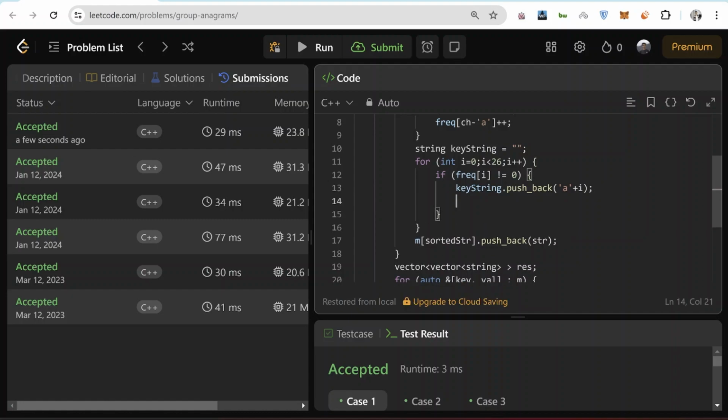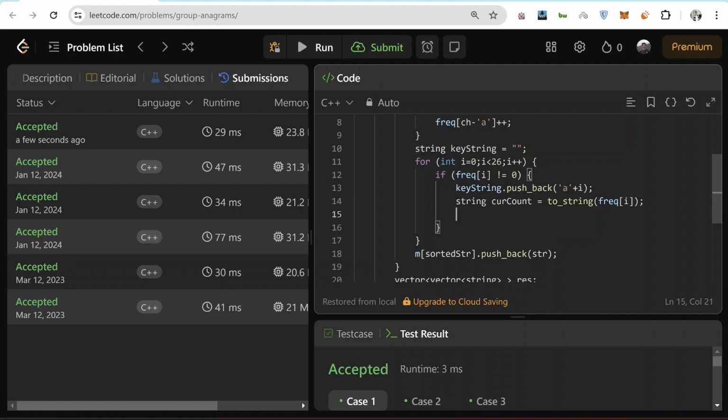So how do I push the count? Okay, I'll create a new string and I can use the toString function to get the current count. This toString function will convert the integer to the string. That would be frequency i, and this count can be 1 digit, 2 digit, we are not sure.